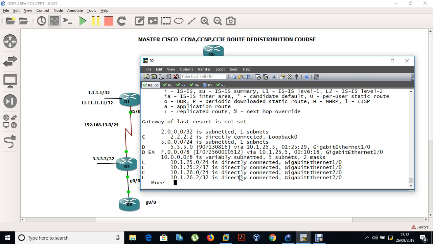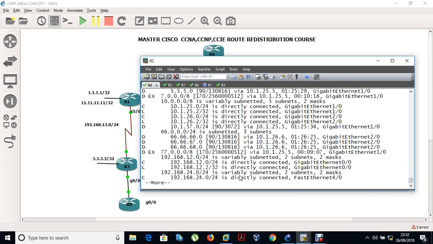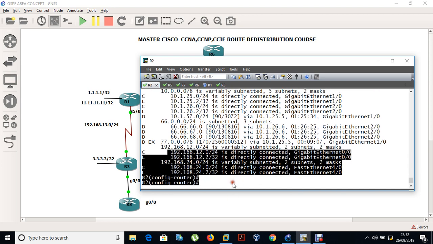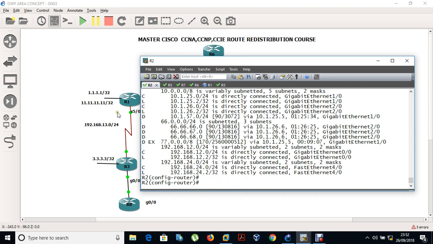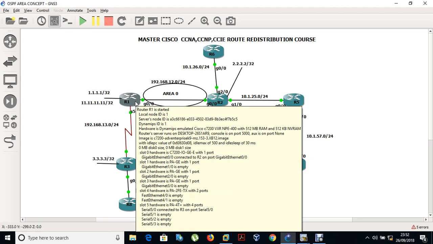We don't have any 1 network or 3 network or 30 network, because they are all part of RIP. So to make connectivity, I'm going to redistribute, because this guy is the one that is going to